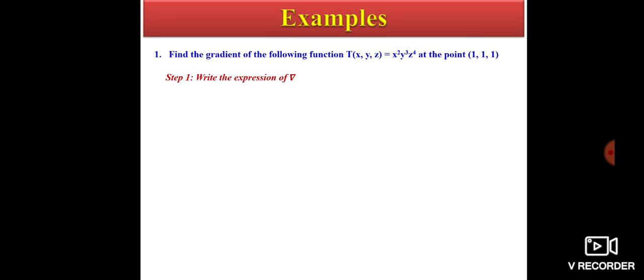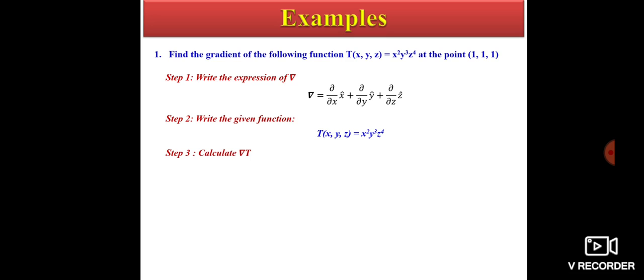So first step is to write the expression for nabla, which is del/del x x cap plus del/del y y cap plus del/del z z cap. In the second step, write the given function, which is T(x, y, z) equal to x square y cube z to the power 4. In the third step, calculate the gradient of T. That means just write down the expression for nabla